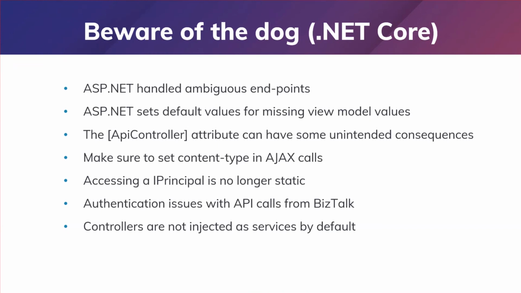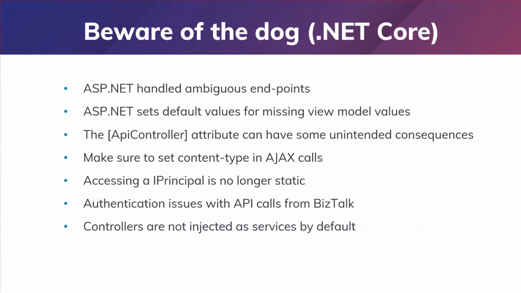But if you have the API controller attribute decorated, it will not do that. It will directly bounce before it goes down to your API and say, hey, the model state is invalid. You require this field, and this field is the wrong length, and so forth. And it will do that out of the box. There's a way to remove that behavior. You can suppress that behavior if you want to in the Startup.cs, but that's something to think about as well if you have custom validations that you want to keep in check.